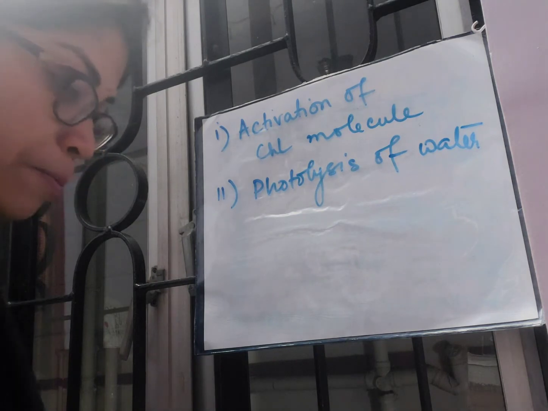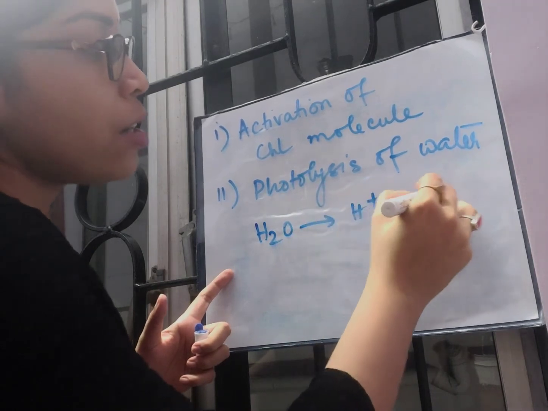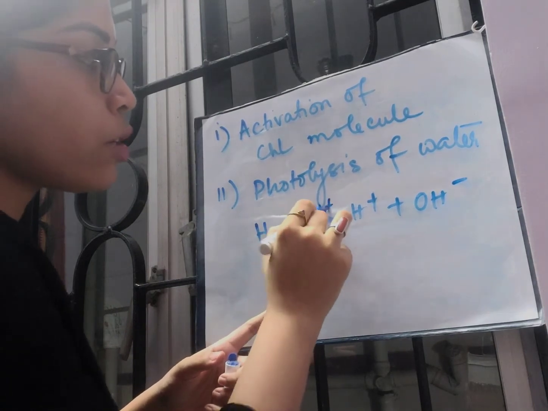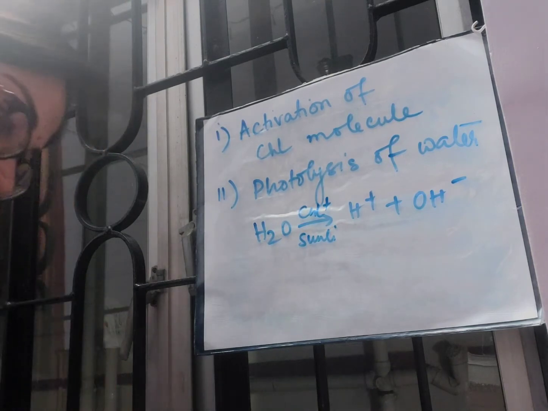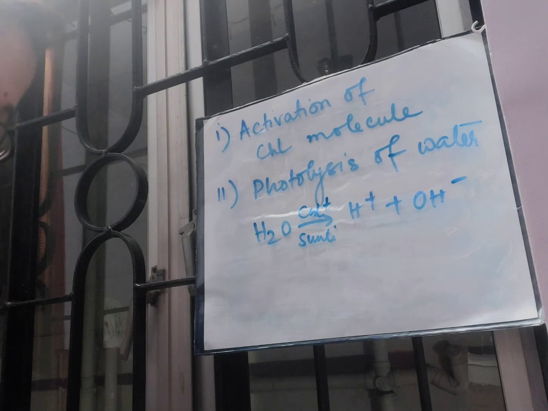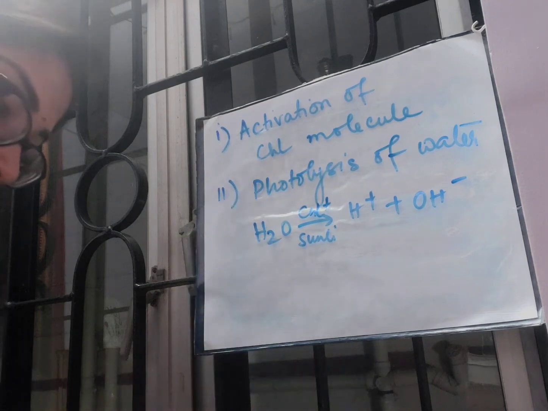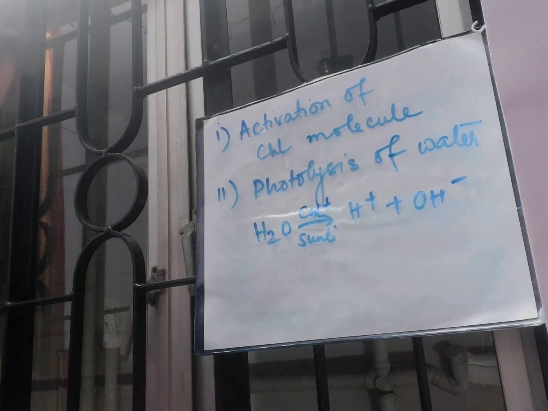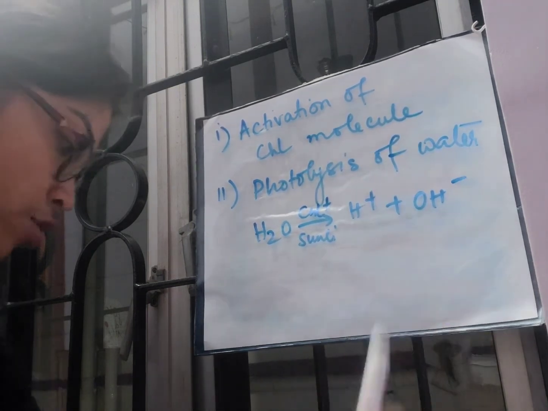So basically what happens, this is water, H2O, it breaks down into H plus and OH minus ions in the presence of what? The activated chlorophyll molecules and obviously sunlight. Okay, so what happens? Look, I'm just reading from the book again. In presence of that activated chlorophyll molecule, water is split up into an oxidized hydrogen ion, H plus, and a reduced hydroxyl ion. H plus means oxidized and OH minus means reduced hydroxyl ion.